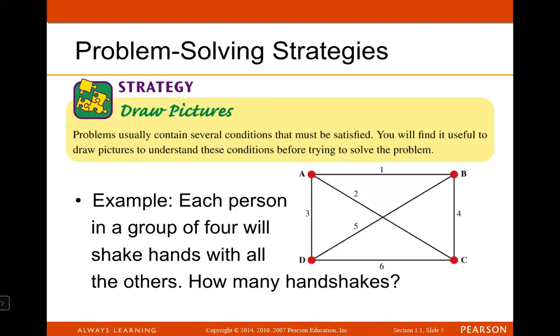One of the problem-solving strategies is to draw pictures. Problems usually contain several conditions that must be satisfied. You'll find it useful to draw pictures to understand these conditions before trying to solve the problem. Example: each person in a group of 4 will shake hands with all the others. How many handshakes? So if we take a look at